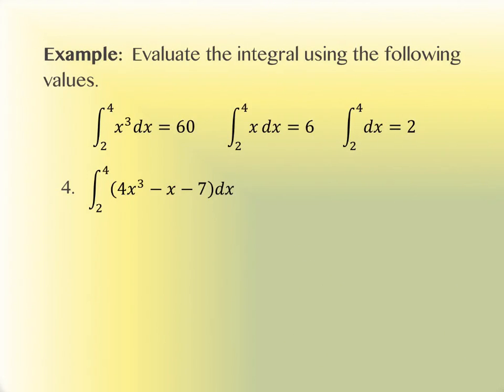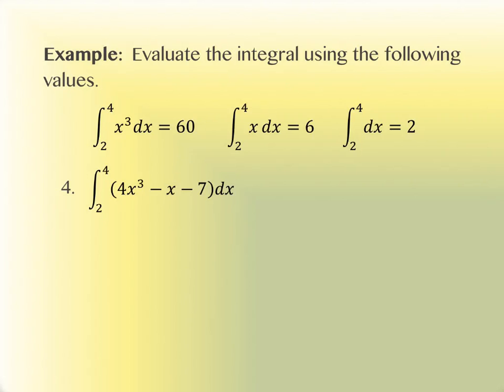All right, so we actually are given three separate integral values. We're told that the integral from 2 to 4 of x cubed dx is 60. Of simply x from 2 to 4 is 6. And then the integral from 2 to 4 of dx is actually the number 2. So what we've got right here then on this problem, and those actually are correct values too, by the way, and we'll talk about how we find those in 4.5. But we're going to use that theorem on this problem to be able to separate these into pieces and then